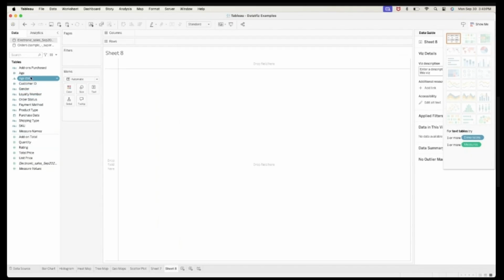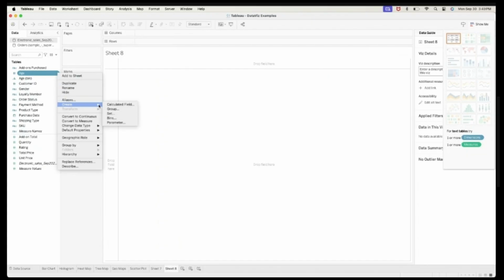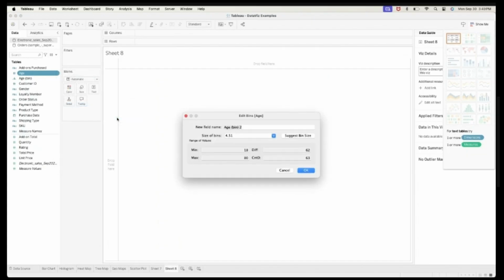Okay? So first, I already created the bin. I already showed you how you can do it. You can either click this down arrow or you can just right click it. It's the same. You just have to click and then create and then you will have the bins. You just have to put in the size of the bin, meaning the range that it will cover.